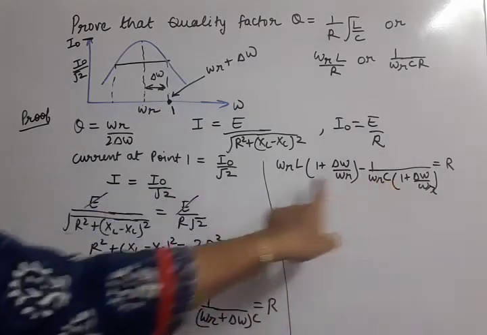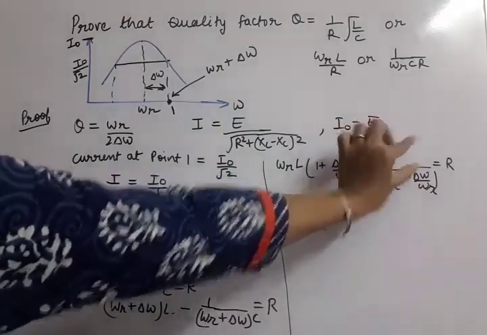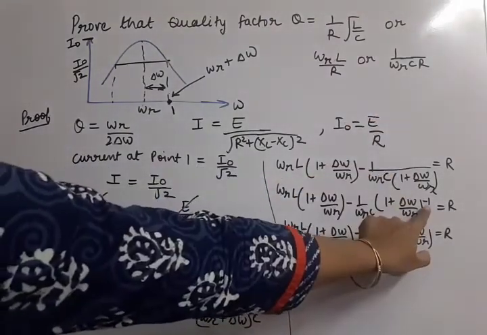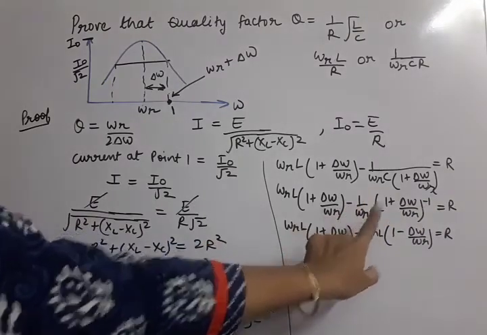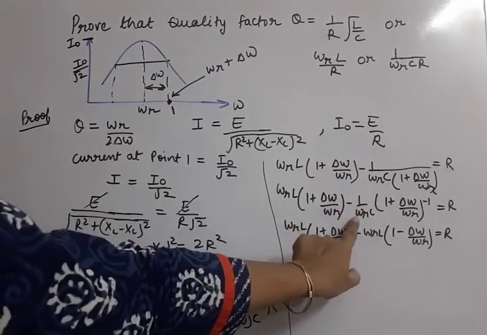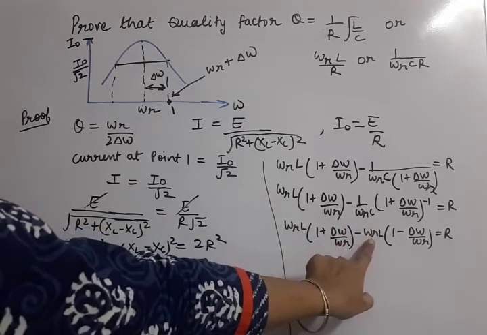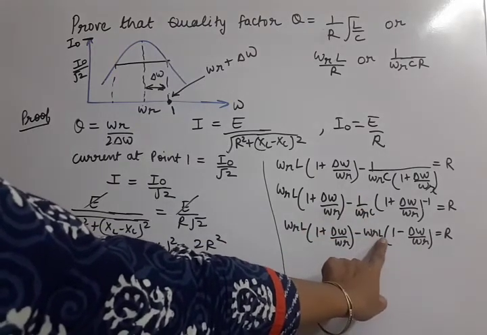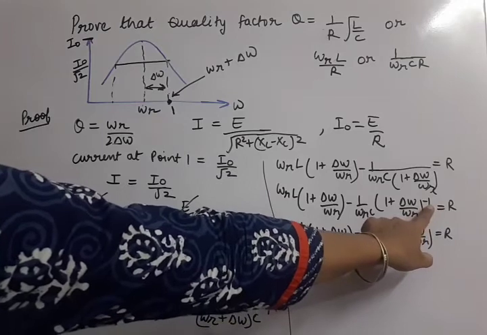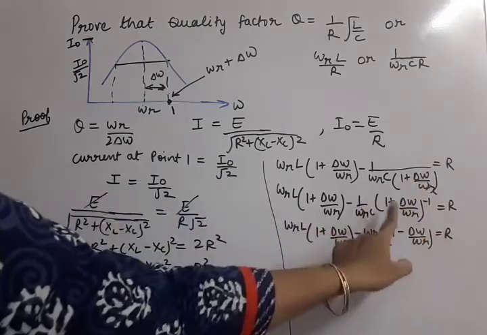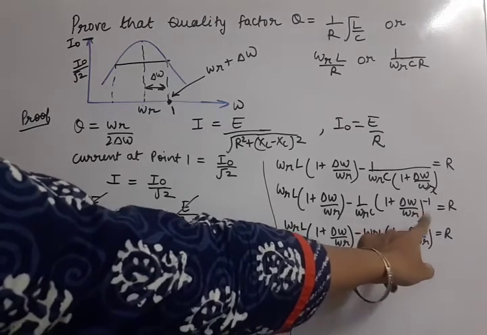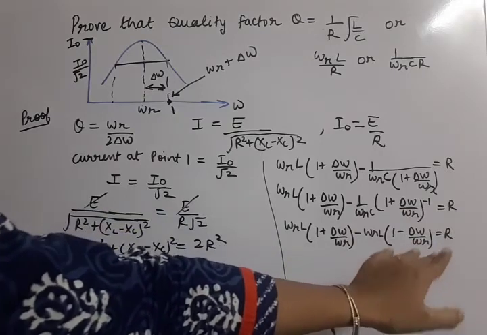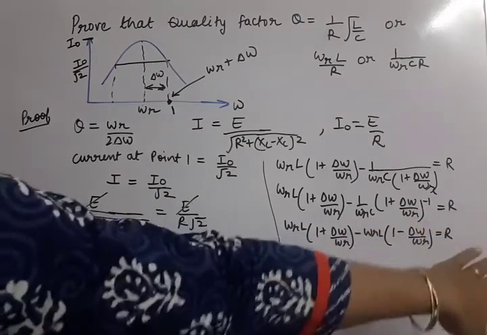C is already out. Now what we need to do is shift this term up, so let us take the power minus 1. So this term is shifted up, power minus 1, and 1 upon omega r C is as it is. Now 1 upon omega r C means XC, which is already equal to XL. So we can write 1 upon omega r C equal to omega r L. And one more thing, how to handle the power: by the binomial formula, this power comes in front here. The higher powers of delta omega by omega r are neglected. This we always do whenever the terms are small in comparison to the other terms. So higher terms are neglected.